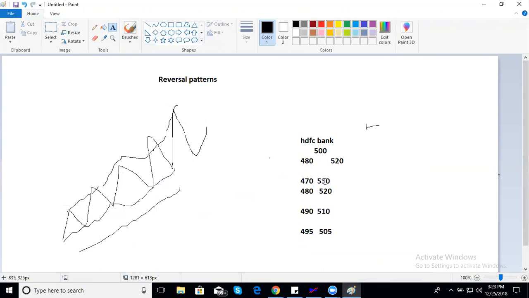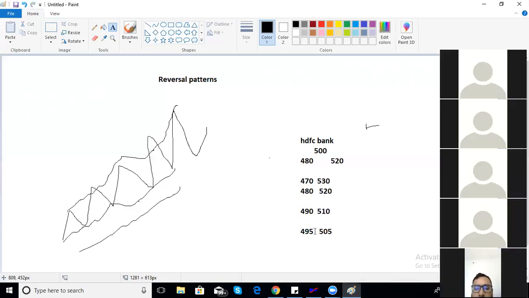That means there is aggression. Next it comes back to 485, 4% above and 4% below the mean. Next day, it doesn't have the strength to even go beyond 2% from the mean. And the last day, the movement is hardly 1% above, 1% below. What does it say? The aggression of the buyers and sellers is slowly coming down. Let's say the first day there were 2 lakh, 3 lakh, 4 lakh volumes. Second day, not even that, less than that. Third day, even less than that.